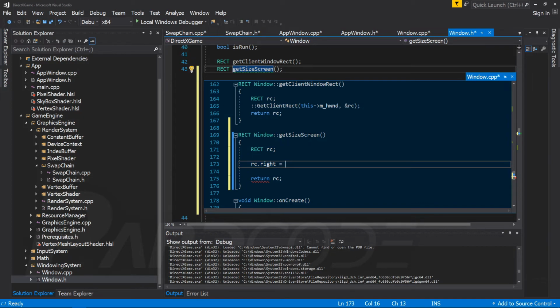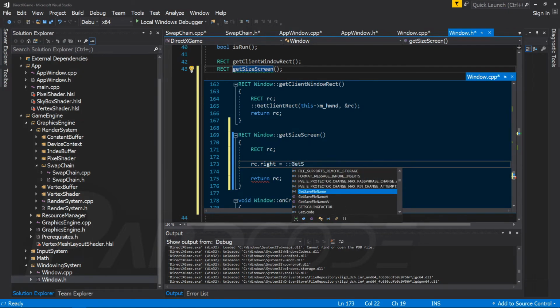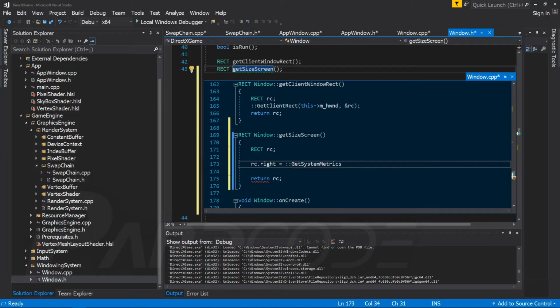Here we can retrieve the size of the screen by calling the Windows API function called GetSystemMetrics. By using the flag